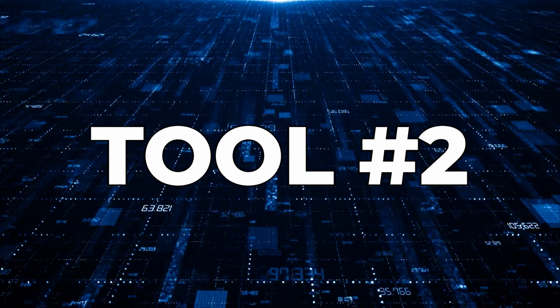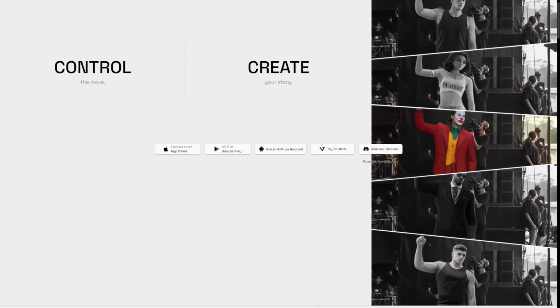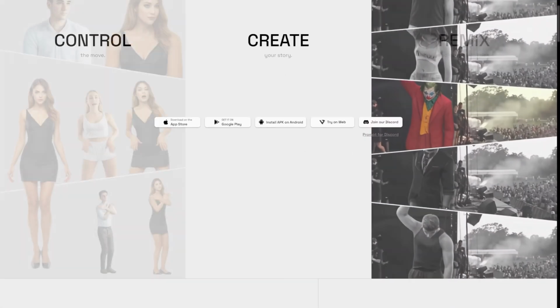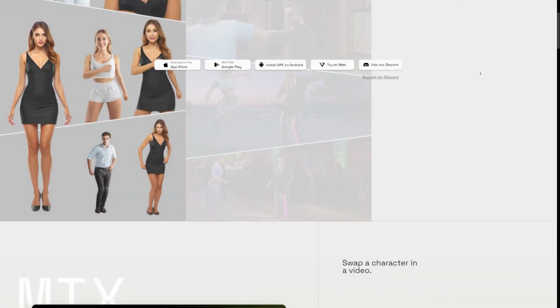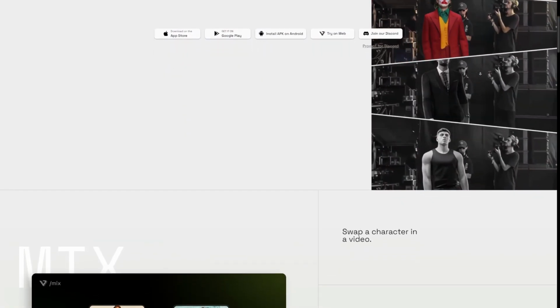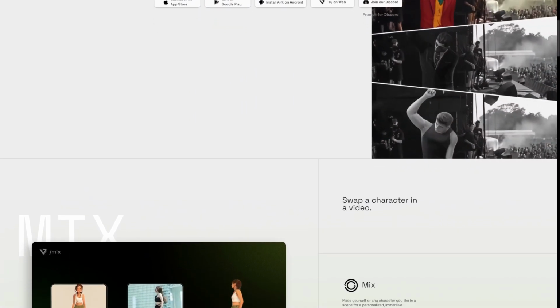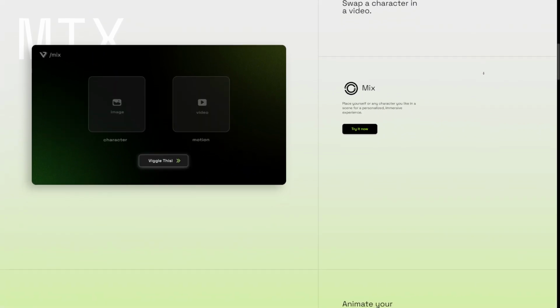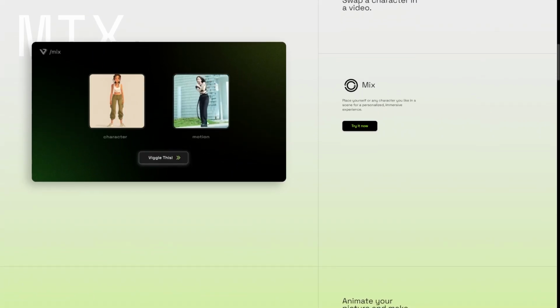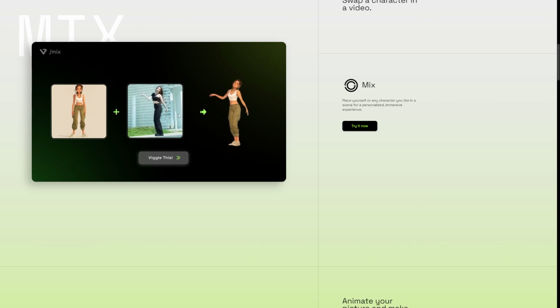Tool 2. Viggle specializes in animating static images. If you've ever wished your drawings or photos could move, this is the tool for you. It's particularly good for creators working with 2D art, like illustrators or graphic designers. The way it works is simple. You upload your image, choose a motion preset, like a waving hand or bouncing movement, and Viggle transforms it into